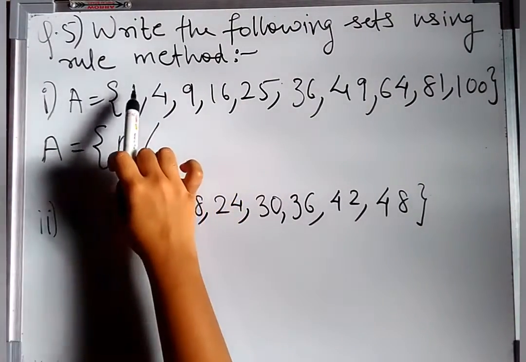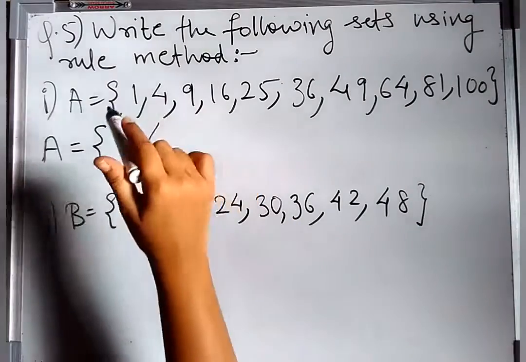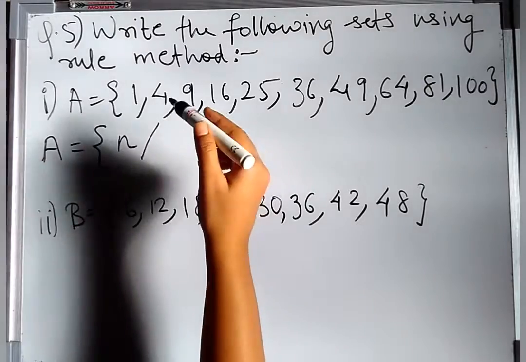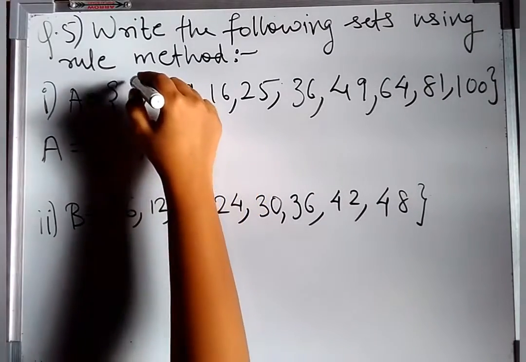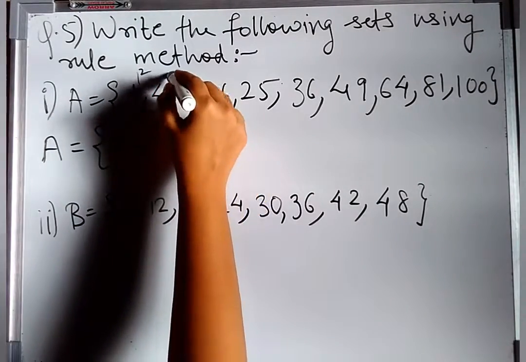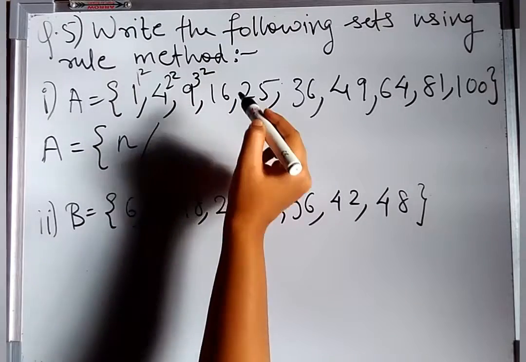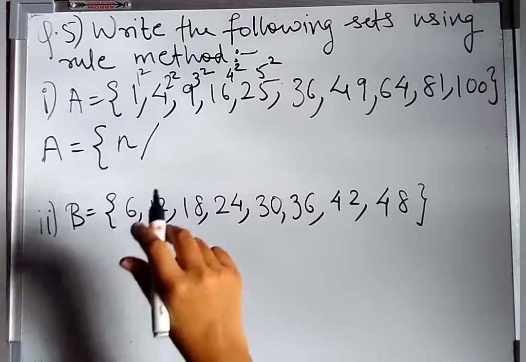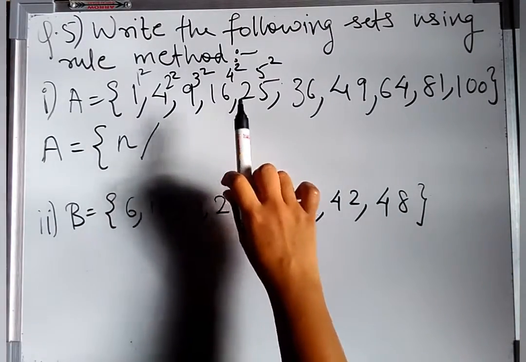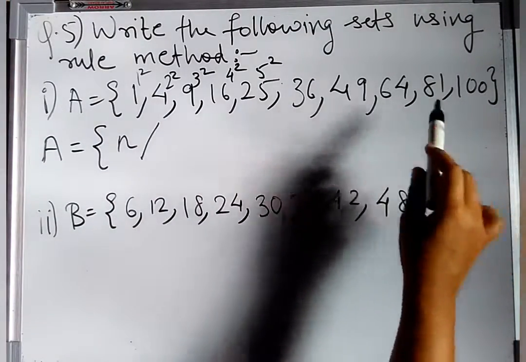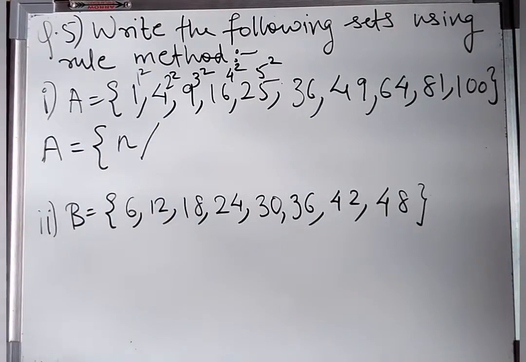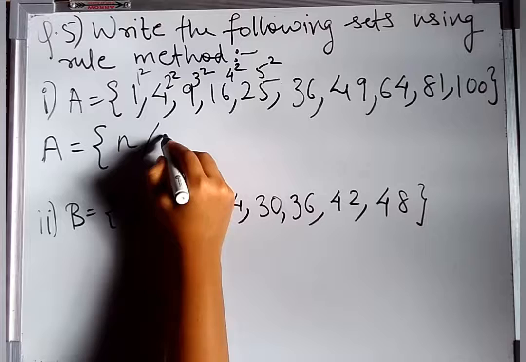So if you observe, what is the relation between these elements? Relation as such, it follows a common rule. What is it? If you observe, this is 1 square and this is 2 square, this is 3 square, this is 4 square and this is 5 square and so on. So we have all perfect squares written over here, and it is ranging from 1 to 10 because 100 is 10 square. So my n is